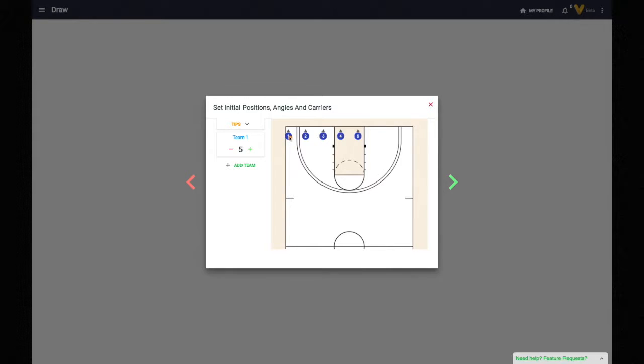Next, you'll set the starting locations and what direction your players should start. To move them around, simply drag and drop to their new locations. To adjust angles, click on the player you'd like to rotate and adjust the angle circle that appears. From this menu, you can also click Toggle Carrier, which will change whether this player is a ball carrier at